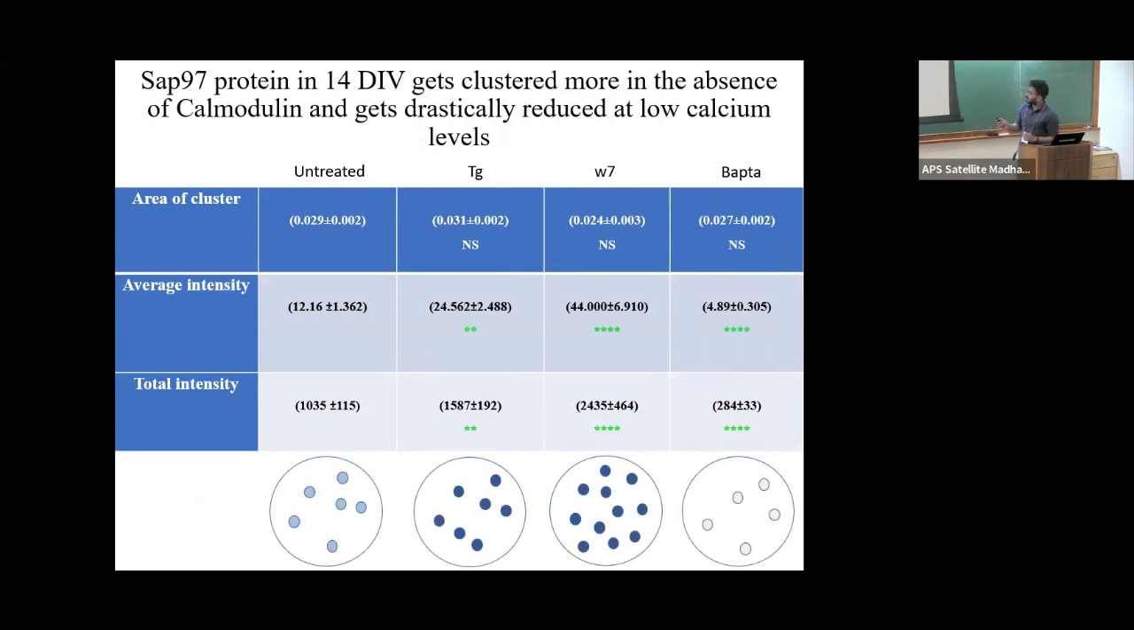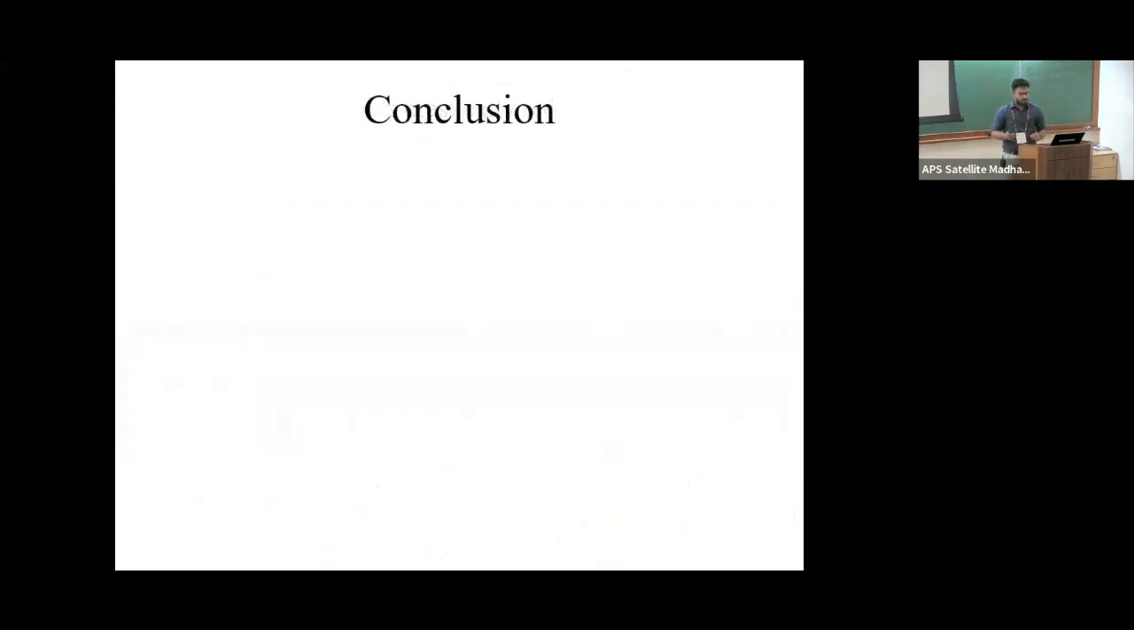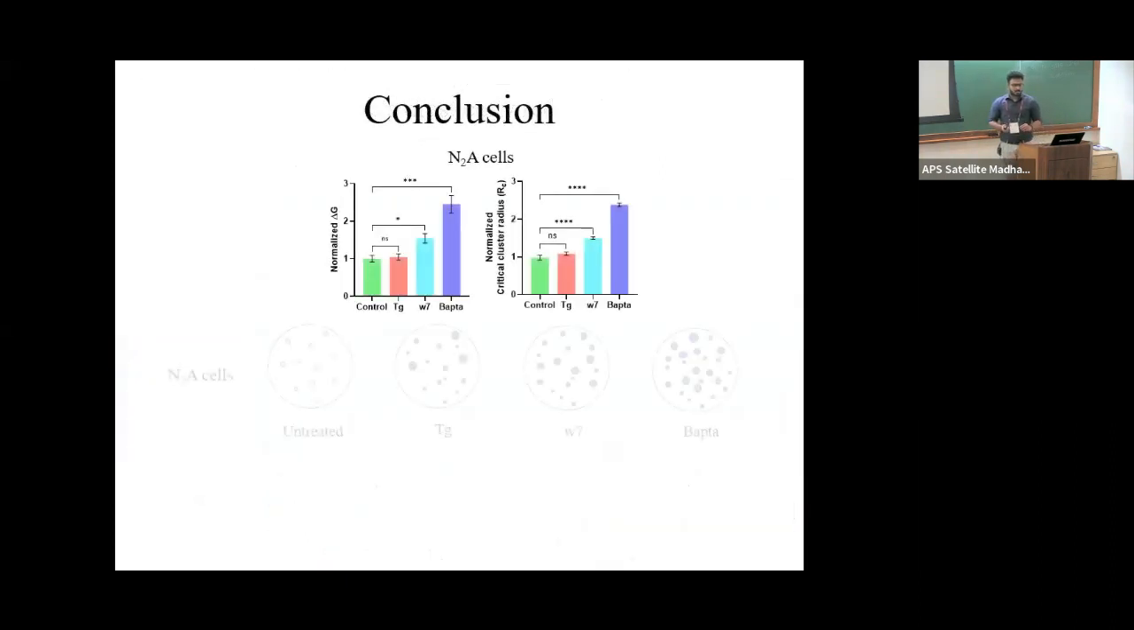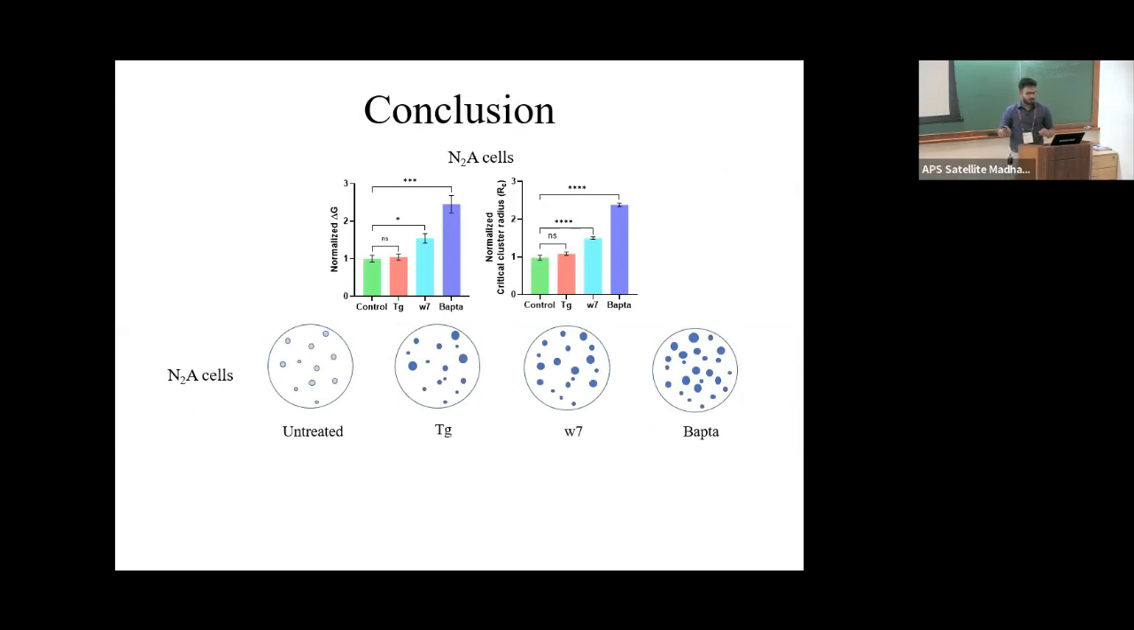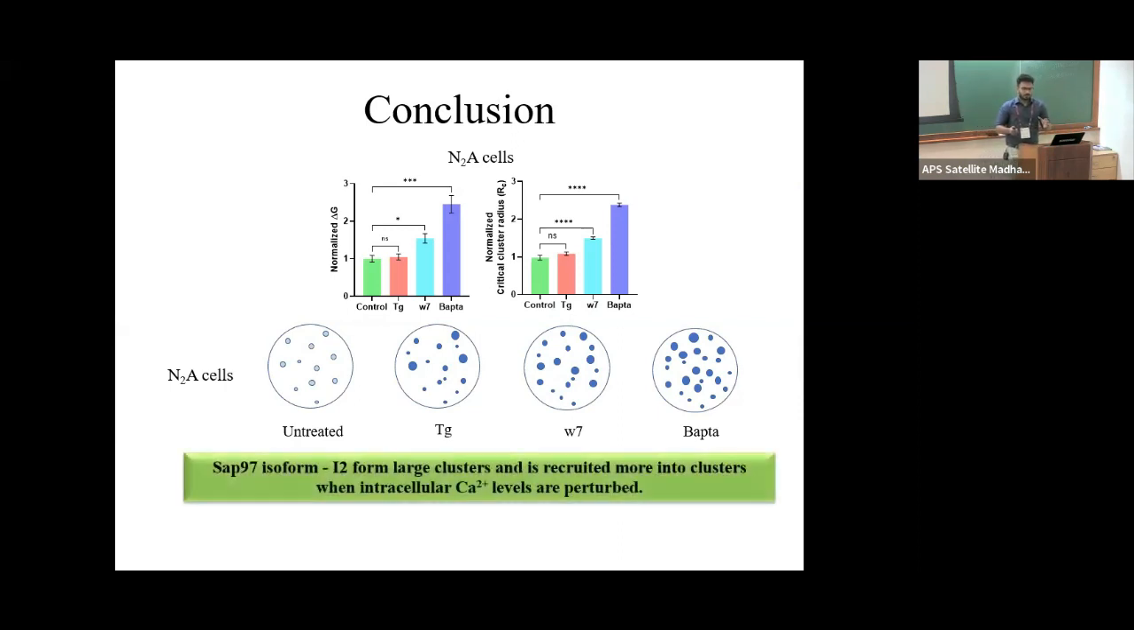and when the calmodulin was depleted with W7, there was more recruitment of molecules without a change in the area of the clusters, while when there was depletion of intracellular calcium, we could see that the recruitment of molecules was reduced while the area of the clusters was not perturbed. So concluding, the N2a cells showed that there is a differential recruitment. When there is a calcium perturbation happening, there is more recruitment of molecules inside the clusters,